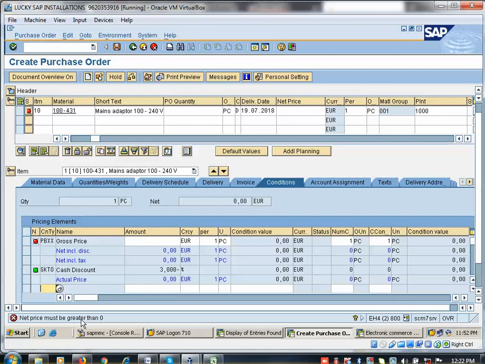You have created PO also. Able to create PO on that day, Friday. Created PO. Okay. So net price $10 here. So now here enter quantity. So now I told about